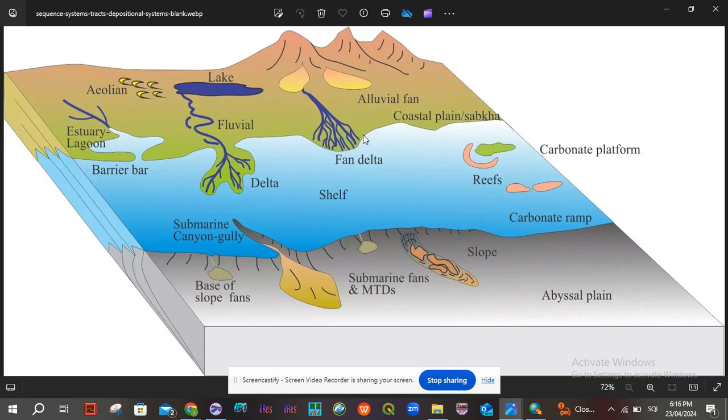So here we have a delta, and you can see the shoreline is almost straight. So this is the delta. It might have been like this earlier, but it can be this. The materials over here might be reworked by the wave, the water wave. So in the shallow marine environment, we can have